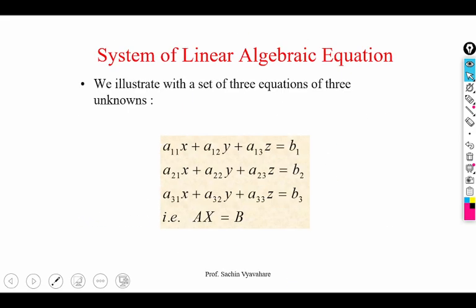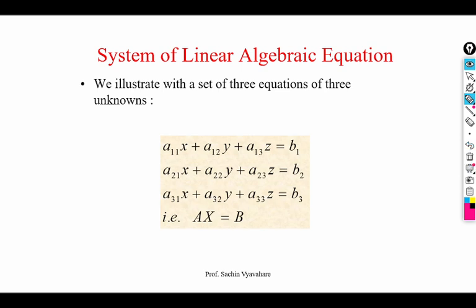Now, for simplicity, consider the system of three equations in three unknowns. What are unknowns? Unknowns are the variables x, y, z. These are the variables whose value we don't know, that we have to find out. The number of unknowns in the system we denote by the letter n. n is the number of unknowns, and in this case n is 3. So every system of equations